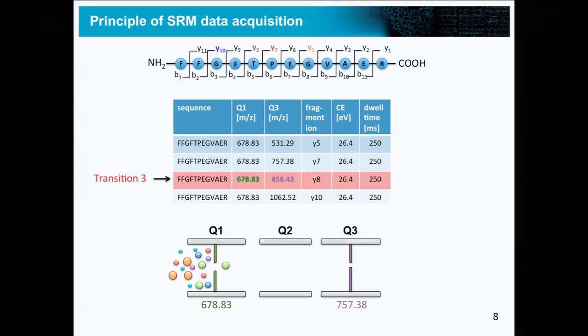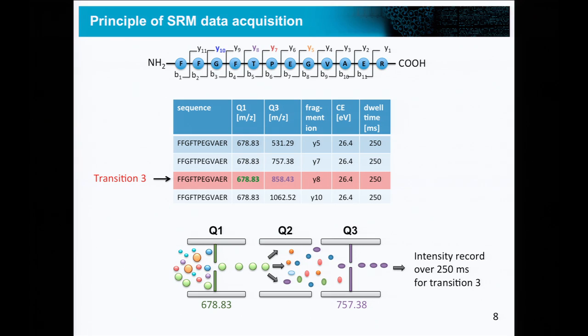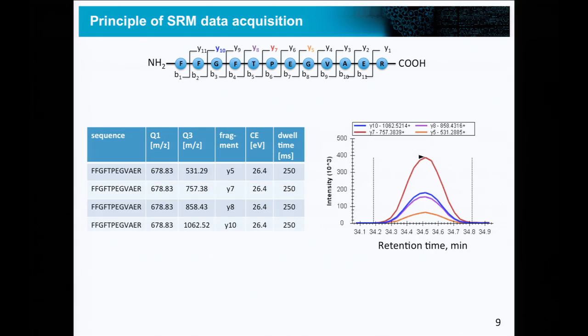And it will go through the third line. And like this, it will once go through the whole table that you provide. And once it reaches the last line in your table, it will simply jump back and do the same over and over and over again, over the whole HPLC gradient that you apply. And the data that will come out, if you're lucky, might look like this, where you see now a record of those 4 transitions. You can see that all of those 4 transitions have exactly the same peak shape and